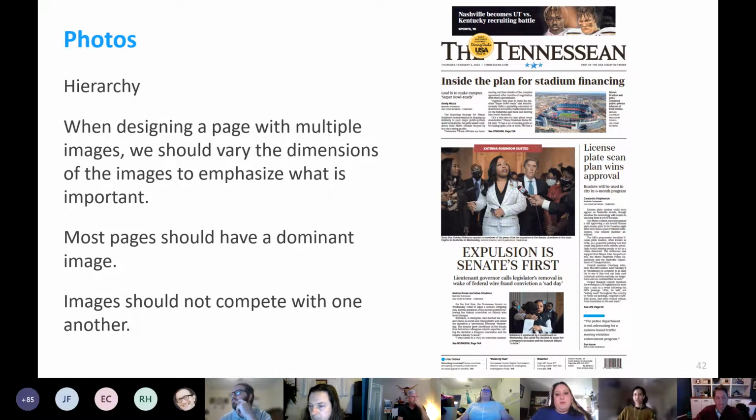However, sometimes running images the same size is okay. The example we often run into is comparing things of equal value. During election season, we always try to make mugs of candidates running for the same office as equivalent as possible. Another use of running images the same size is when multiple images are grouped together as one visual element on the page.